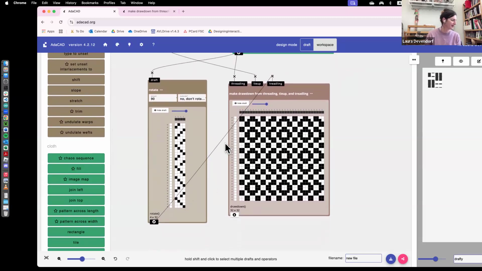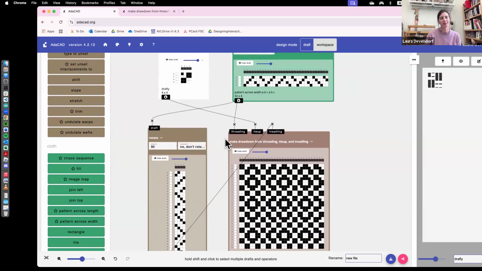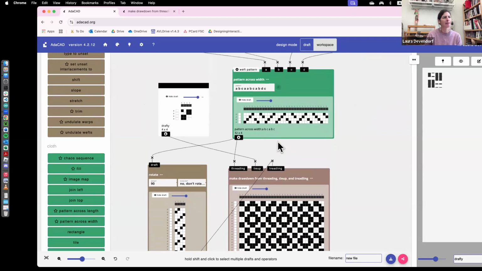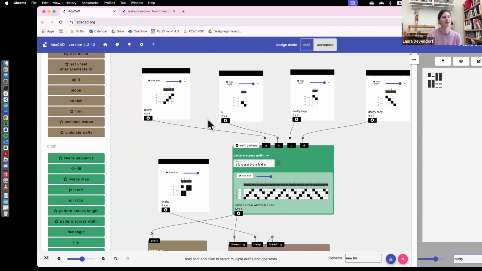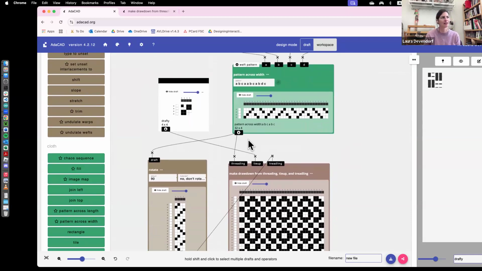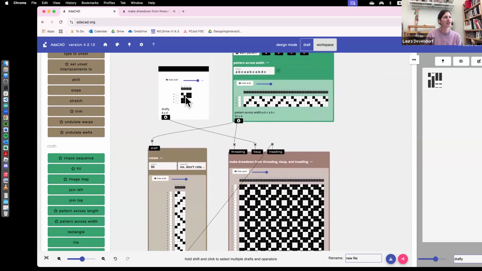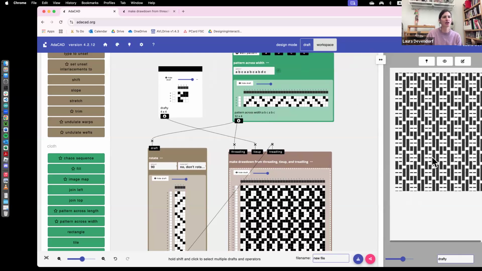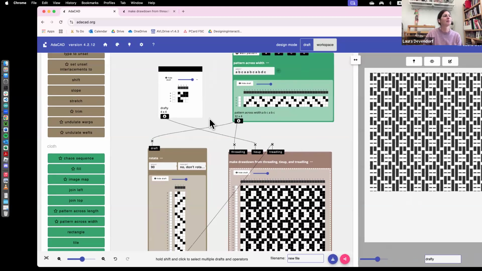The thing I wanted to show now is we can play. What I really enjoy about this is now we have a whole data flow set up around a kind of parametric workflow for assigning blocks to a threading and then seeing what that drawdown would be. You can change different elements of your tie-up and see how that results in the drawdown. You'll notice that when I click on the operation, it shows a rough simulation of the cloth in the sidebar. But every time I click away, I see a different